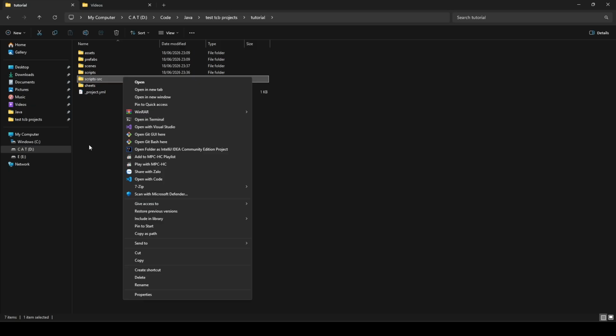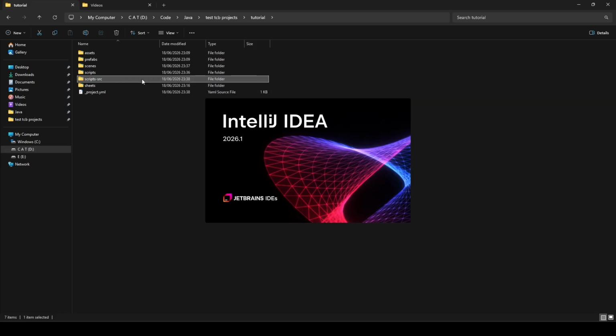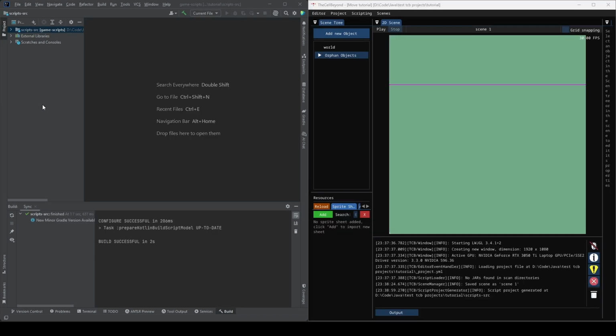The setup might be a bit different in there, like how you set up your Gradle in Java and other stuff. So okay, let's open this folder and IntelliJ project. Okay, so it finished loading. You can see it recognizes the source. If it doesn't for you, you need to go to settings